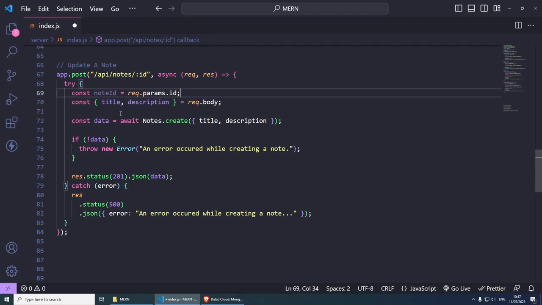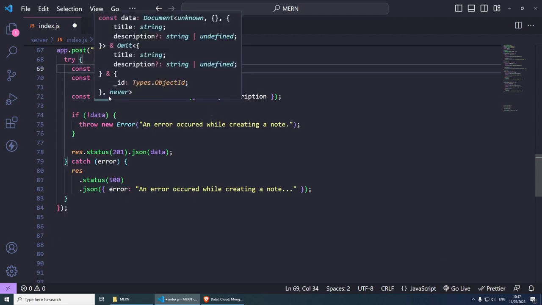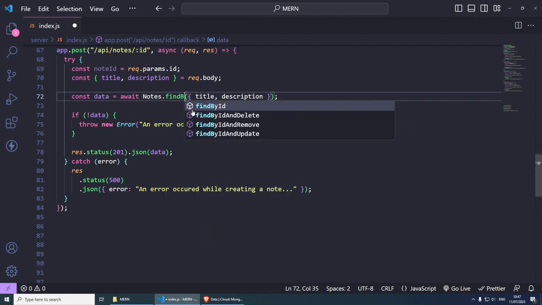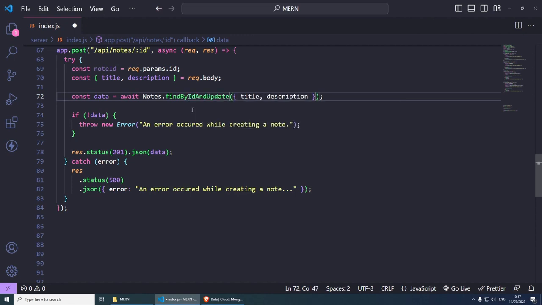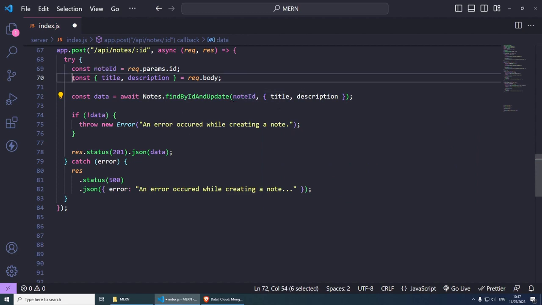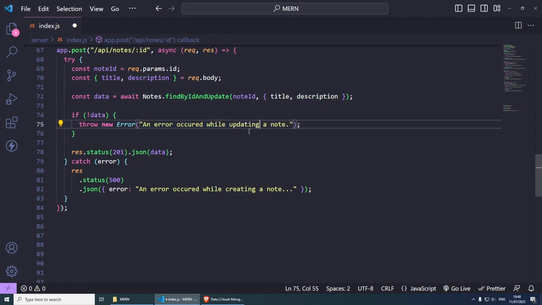Now we also need to pass the newly updated title and description of the node. So I'm going to leave this as it is. And inside here where we have the query, const data await nodes, we can do find by ID and update like so. And now we need to paste the ID in here and then the data that we want to update. So we're finding by ID, which we're grabbing from the URL, and then we're passing the data, grabbing it from the body, and inserting the new data inside here. And that's pretty much it. So an error occurred while updating a node,